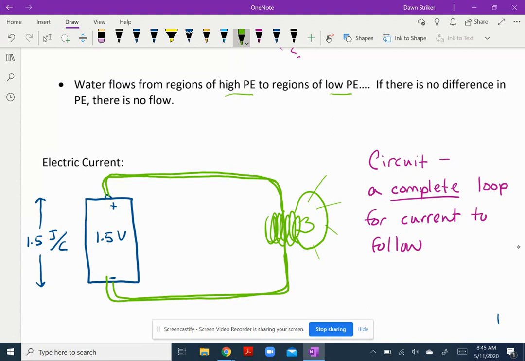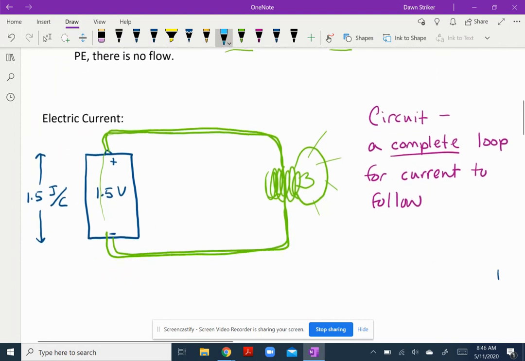And then what does the battery do? It boosts the energy of the current, of the charges, so that they can flow around that loop again. So there actually are little electric charges flowing around that loop, just like the flow of water. All right, electric current. In fact, sometimes you even use a little arrow to show the direction of current. And notice it's coming out of the positive side, going back into the negative side, out of the positive side